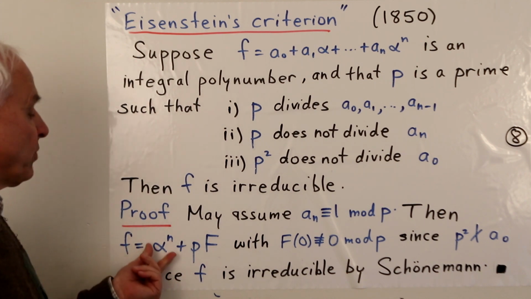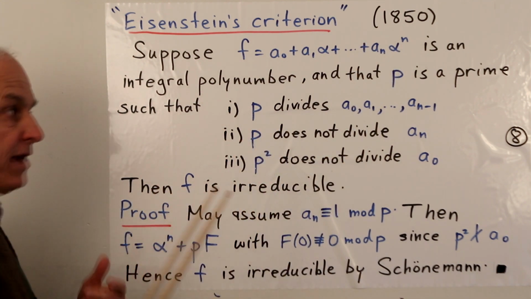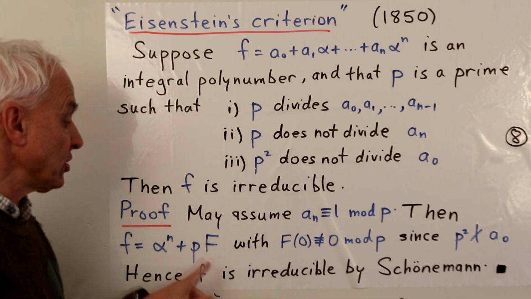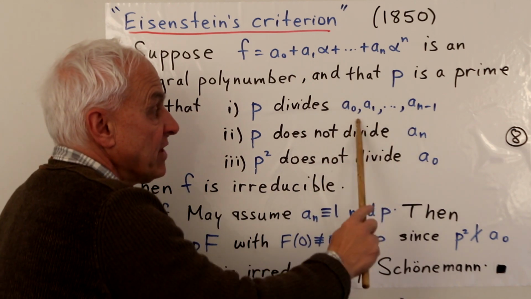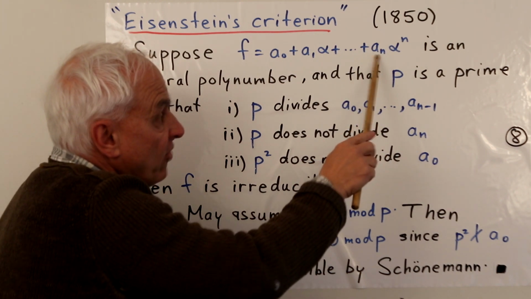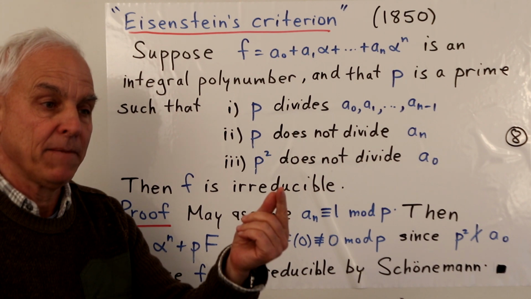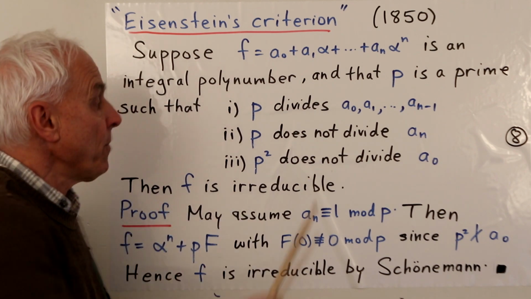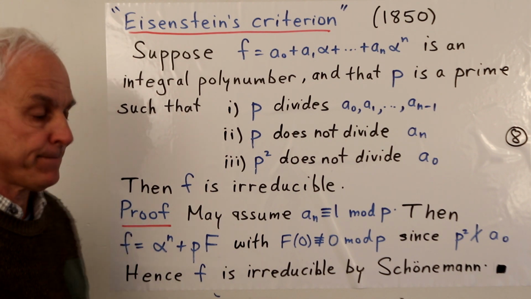Okay, so then what we do is we strip one of these alpha to the n's away. So we take one alpha to the n, put it to the left, and then what's remaining is going to be divisible by p. Because all of the lesser coefficients are divisible by p from our first assumption. And we've just arranged that this a sub n is congruent to 1 mod p, so it's 1 more than a multiple of p. That means if we take one of them away, what will be left will be a multiple of p. So we can write the remainder as p times some f.